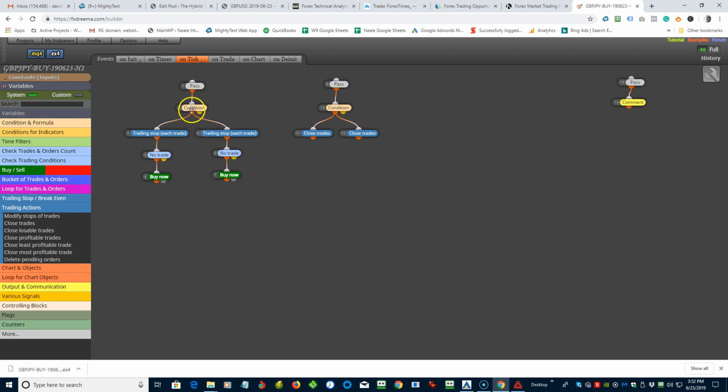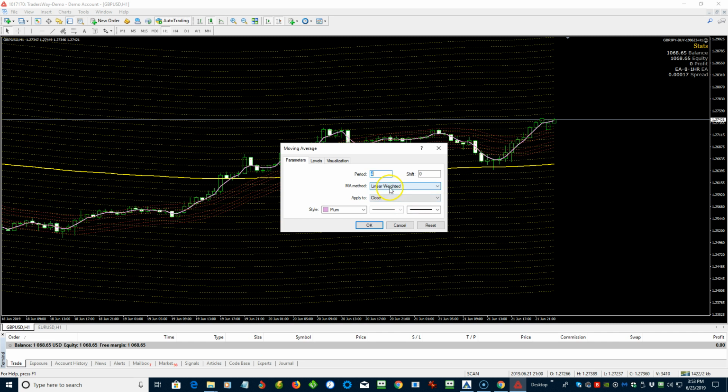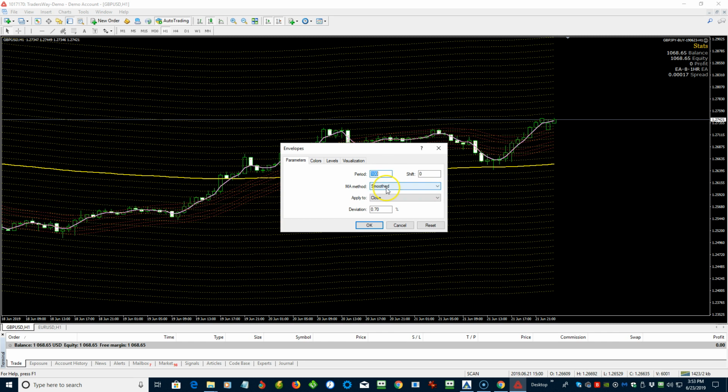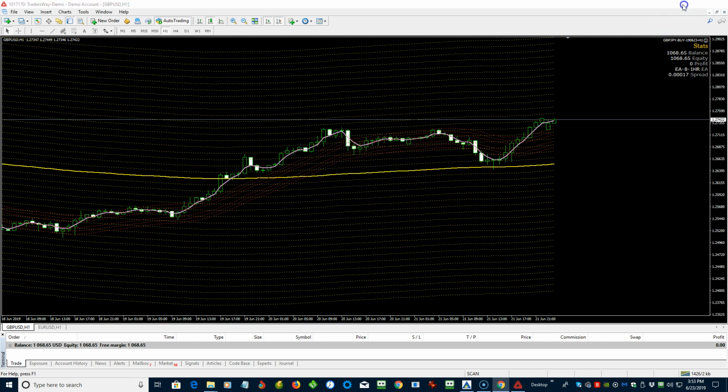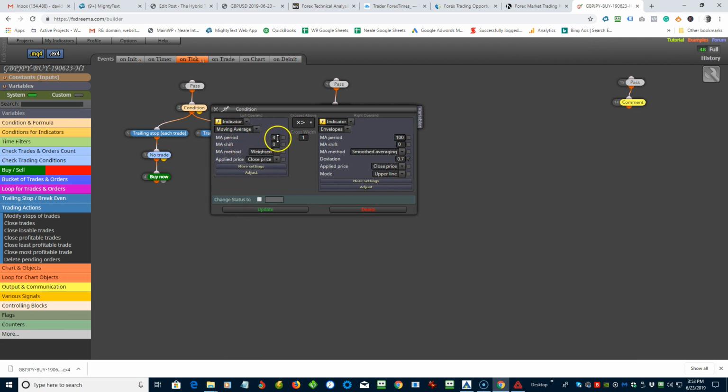So the condition that we're saying, let's take a look at where we're at. What we're saying is that this 4-period moving average, linear weighted, so it's a weighted average on the close, has to cross upwards the smoothed 100 deviation envelope 0.7. Okay. So if we come in here, you can see we have the moving average 4 that is